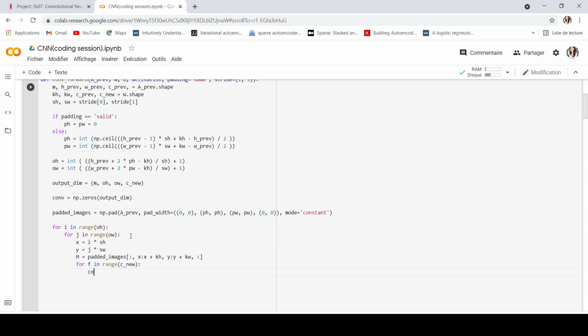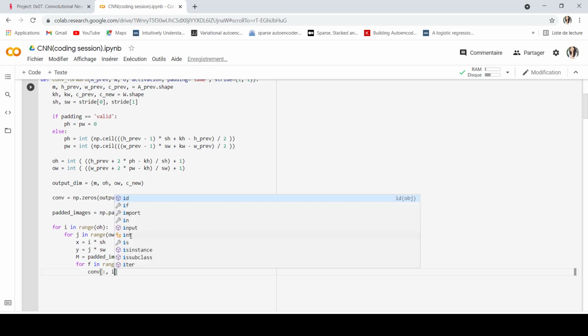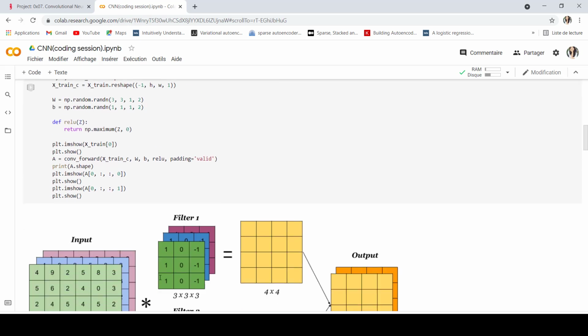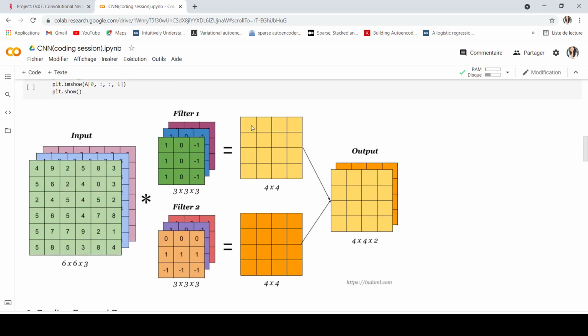The convolution will be conv of all the images, the position of i, the position of j, and then the position of the feature. So this is how I can fill my output. Here I am talking about this part here.